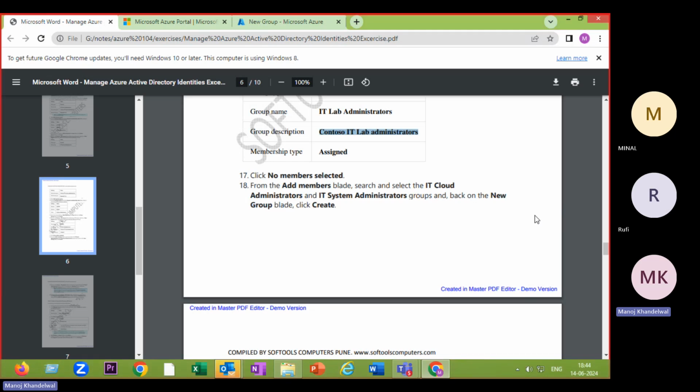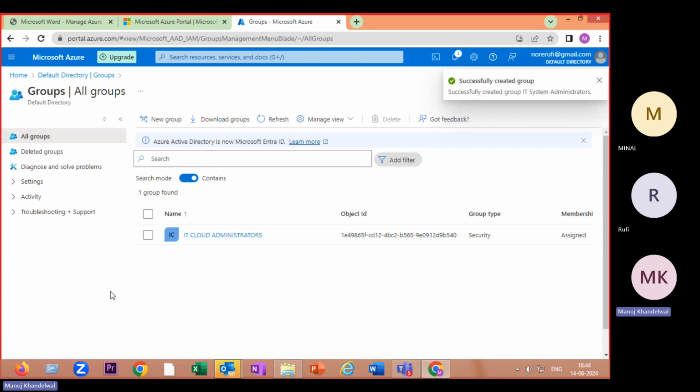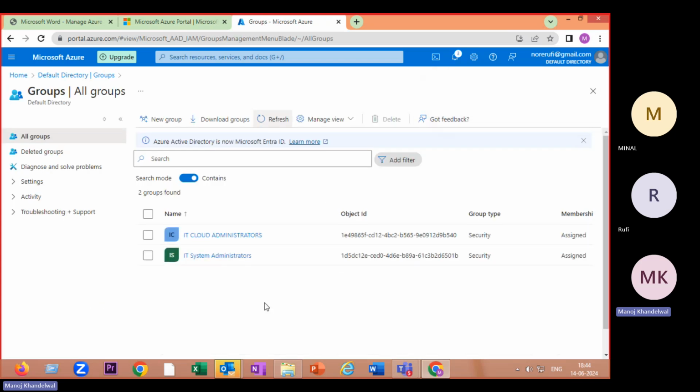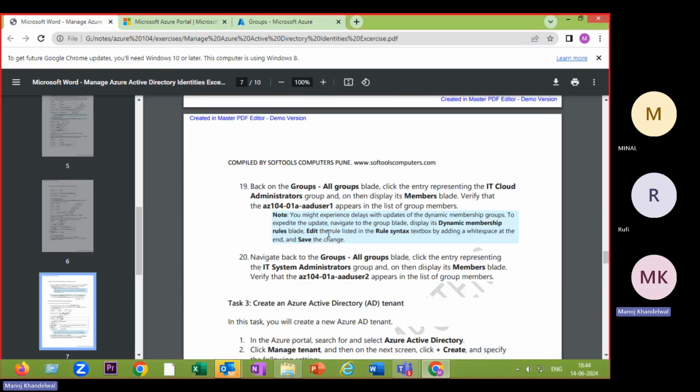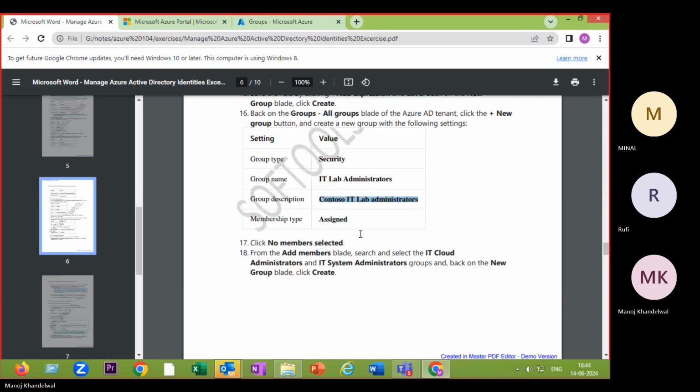Just put the new rules there. So assign, so create like this. Okay, so this group also got created like this. If it is dynamic, then again we can put a rule there that if the job title equals